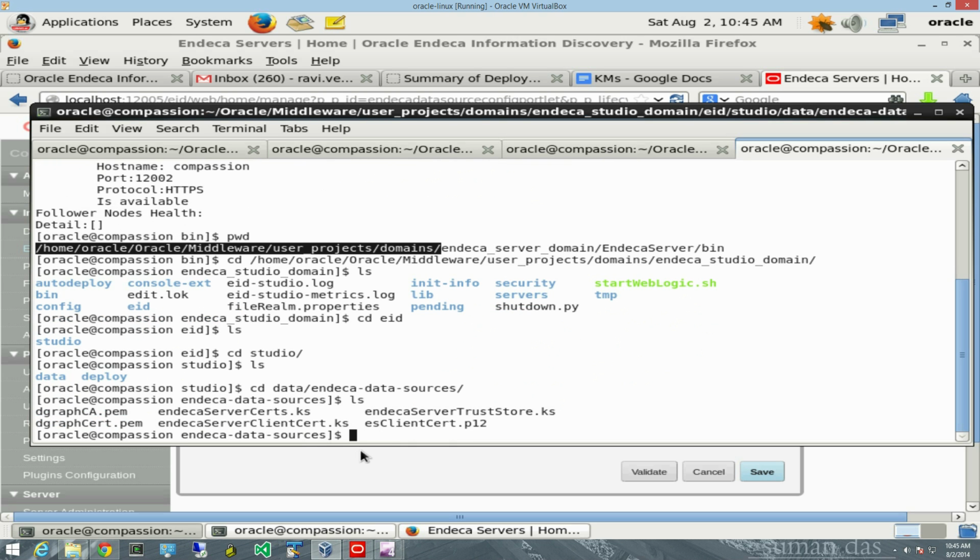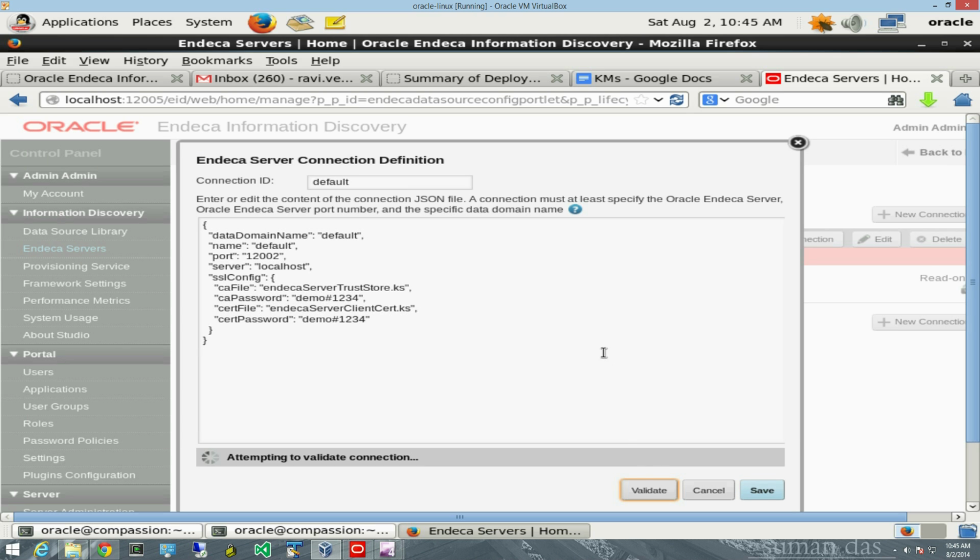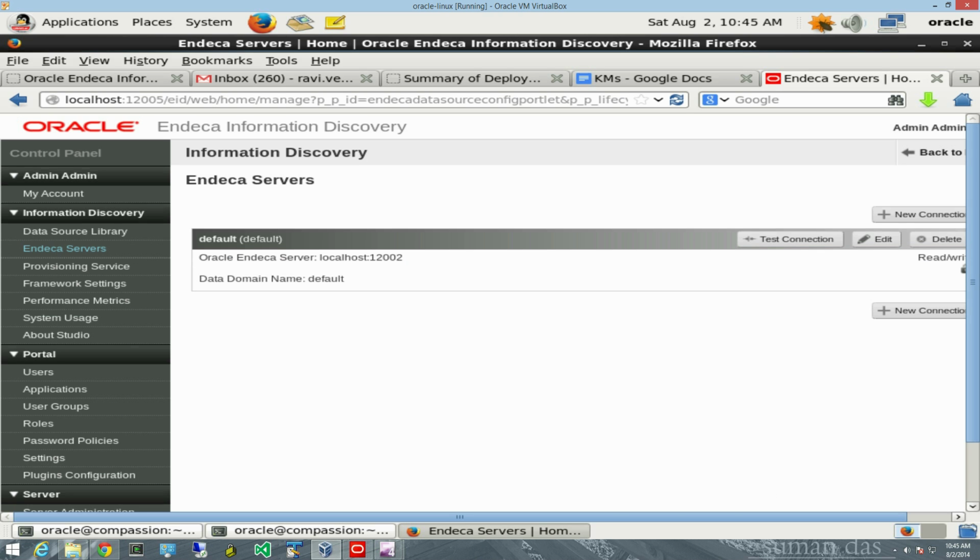So you see the name matches. By default, Oracle gives you that name and it's green. And I hope you will keep looking at this step when you go to create your own